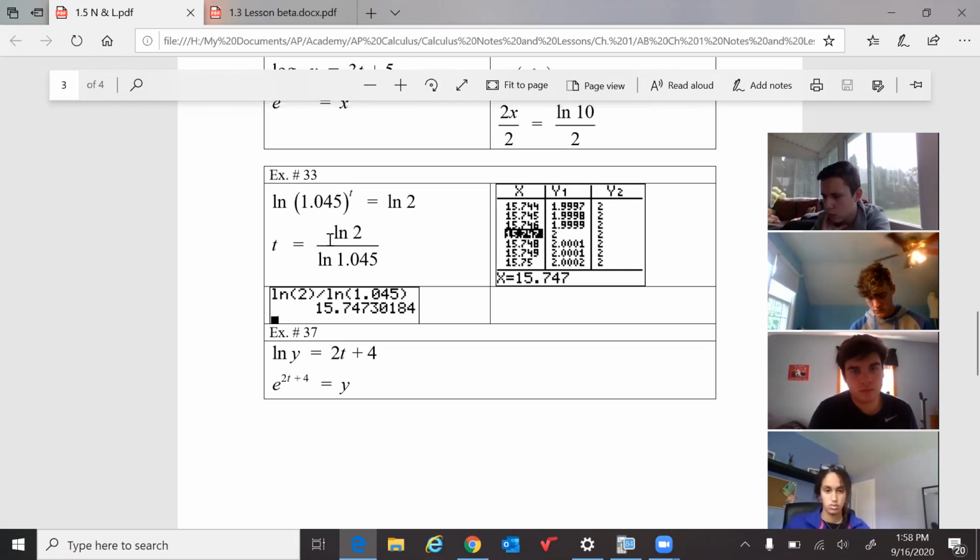Okay. And in 37, they gave you ln, so you're going to exponentiate. E to the right side equals y. You're done. So tomorrow we will do 1-6, which is the trigonometry section, and then we're going to talk about an assessment on chapter 1 next week. Okay. So I'm going to